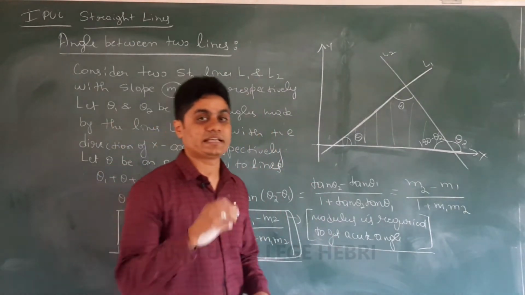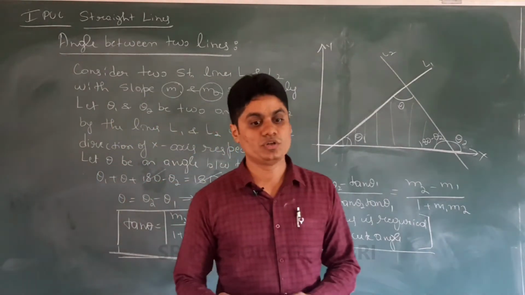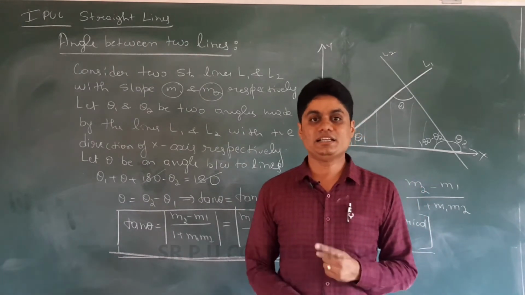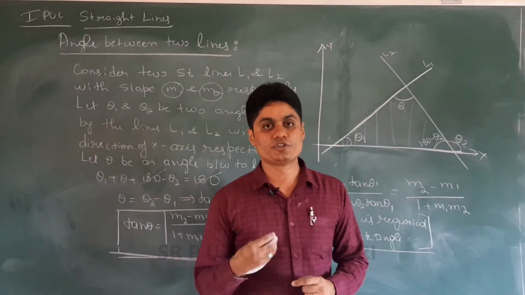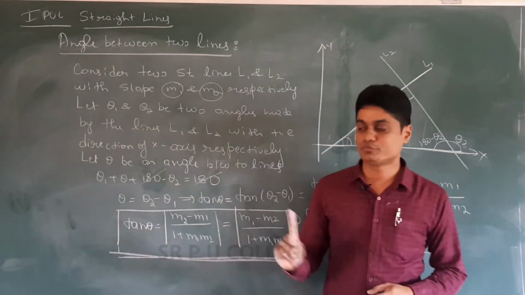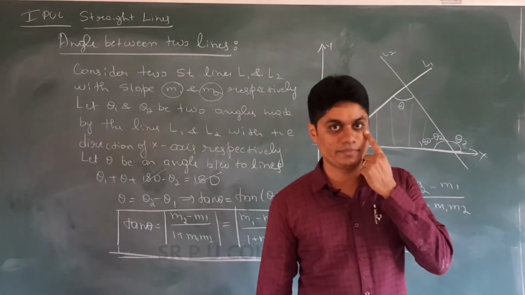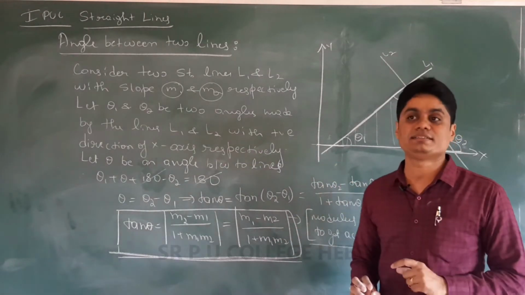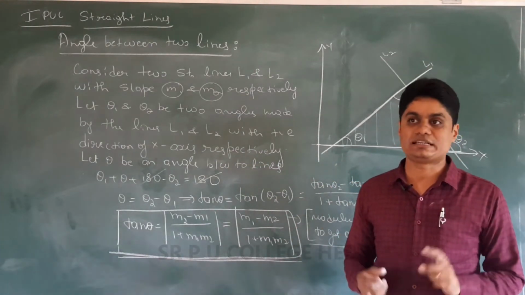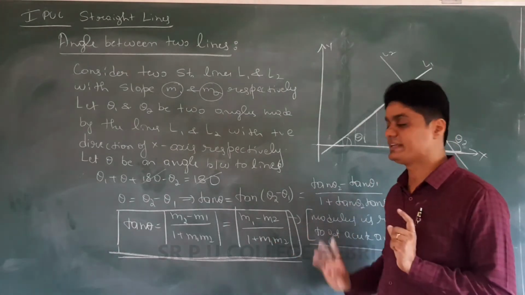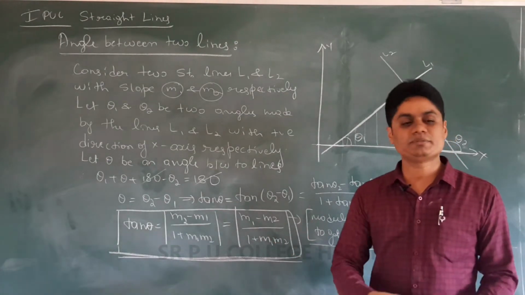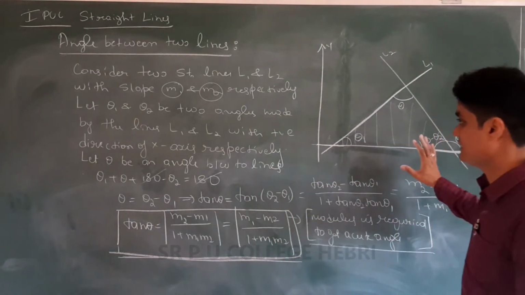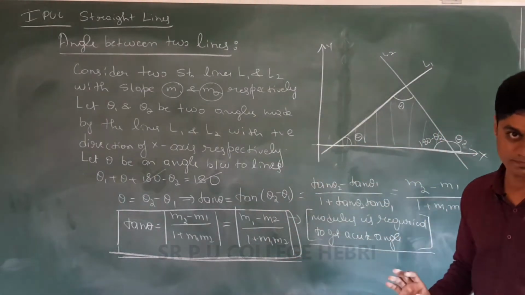We use this formula in second PUC also. So it is very important information. Please remember that the angle between two straight lines can be found using this formula: tan theta equals modulus of m1 minus m2 divided by 1 plus m1 m2. It is a very important derivation; in exams they ask to derive the angle between two straight lines. You must derive this formula. Once tan theta comes, theta can easily be found. Is it clear? So, a very important derivation. I hope you understood.